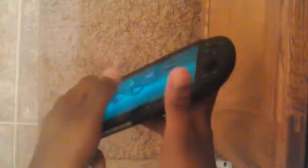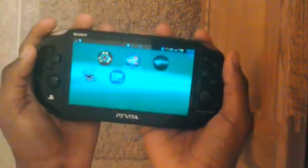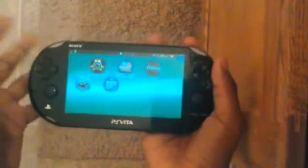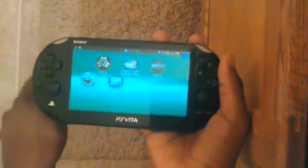Now, you might be wondering why I'm tilting my PlayStation Vita. The reason why is this advantage applies to the Slim PS Vita. I really like this little port you see right here in between the two screws. That's the charger. And I really like that they did that because it is very similar to the phone charger. So if you lose the charger to the PS Vita, you can use your smartphone charger. It's compatible with it, and I thought that was very cool because